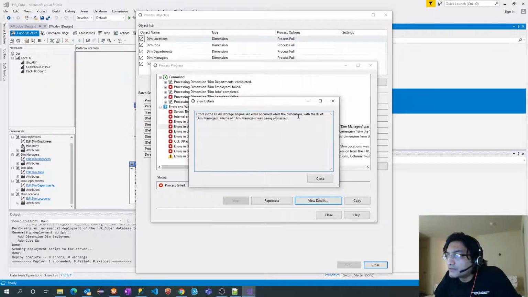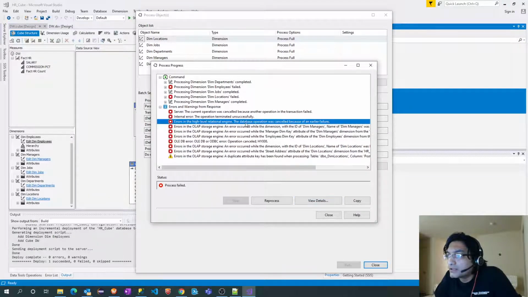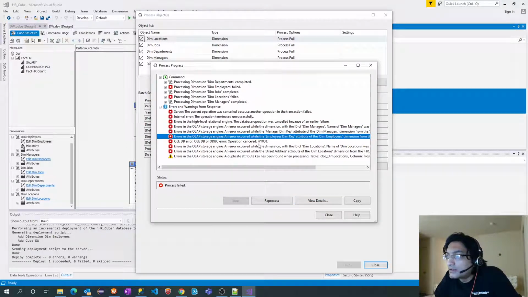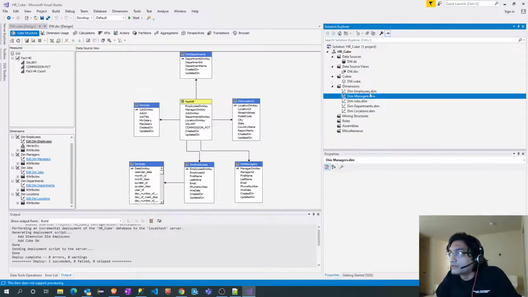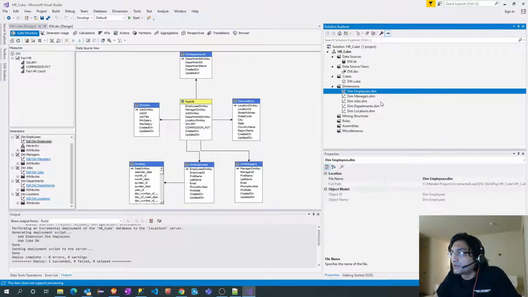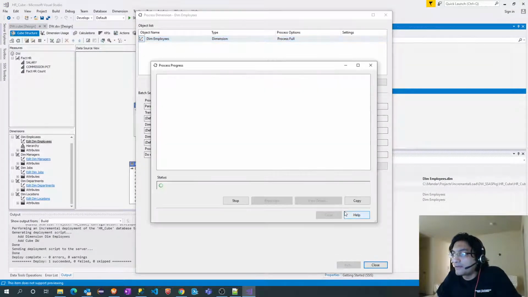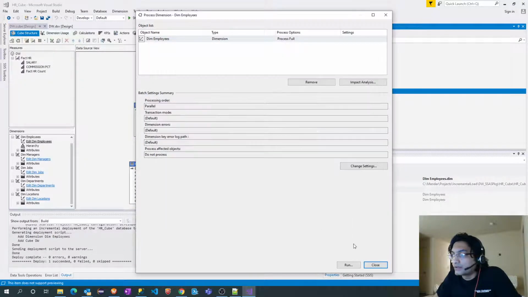Engine dimension with the ID of dim manager name dim manager was being processed. I don't know why it is failing. Let's process it one by one.